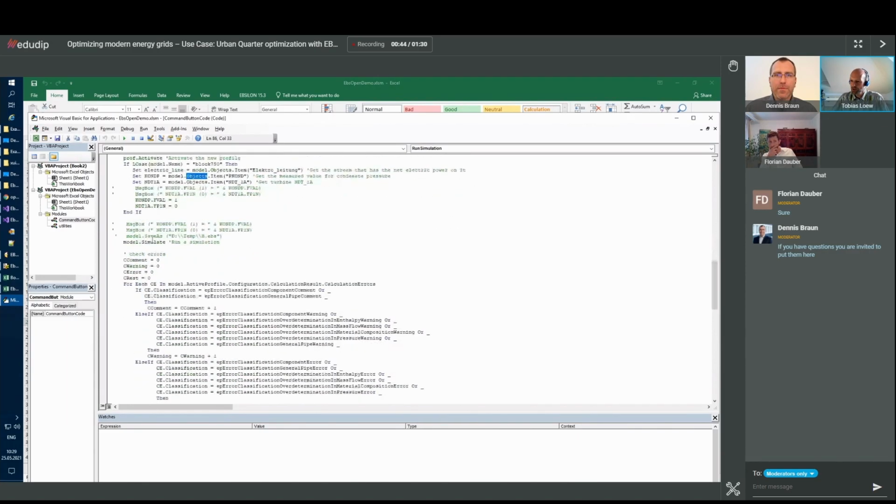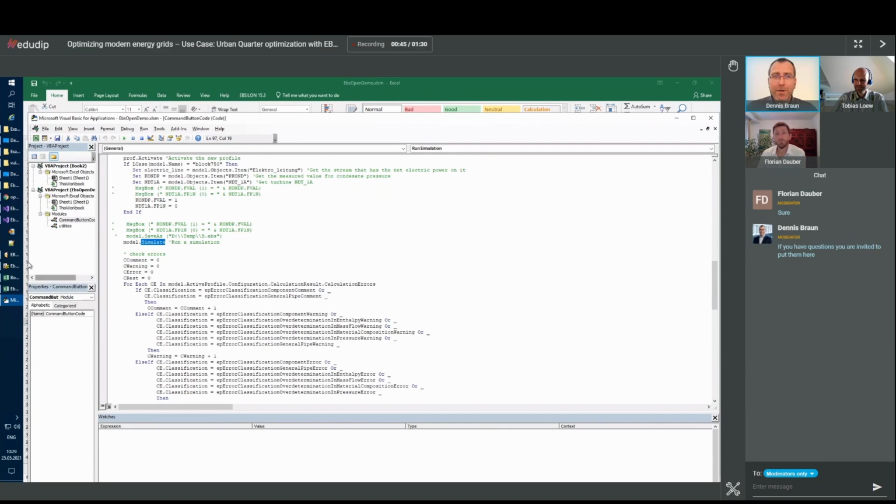Here we have the simulate routine, and you can access more or less every data point in EBSILON and read or write data to it. You can generate new profiles in the model and do what-if simulations and all kinds of stuff. And I know that our SR EPOS systems are heavily using that interface. Of course, yeah.